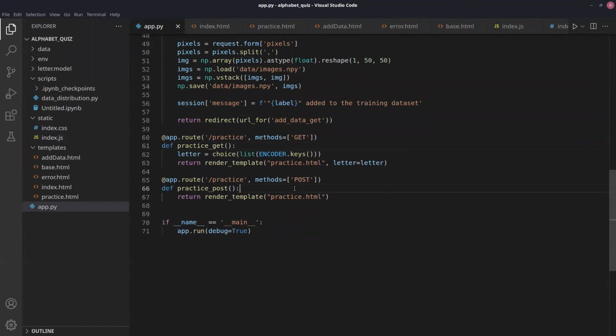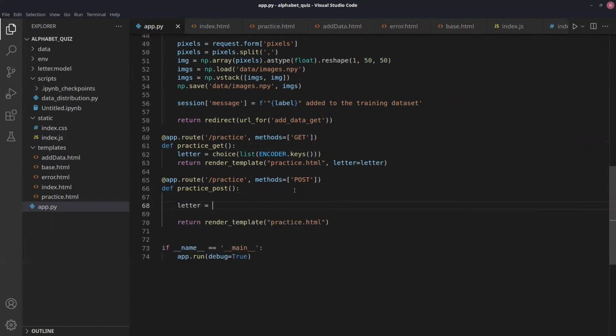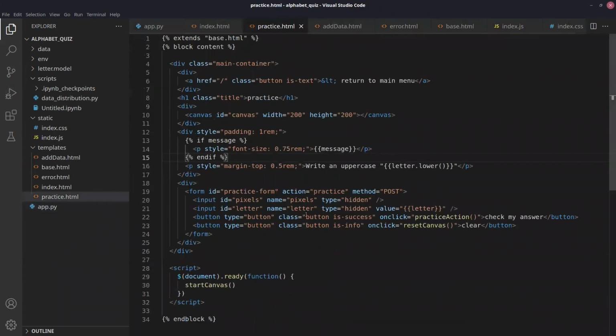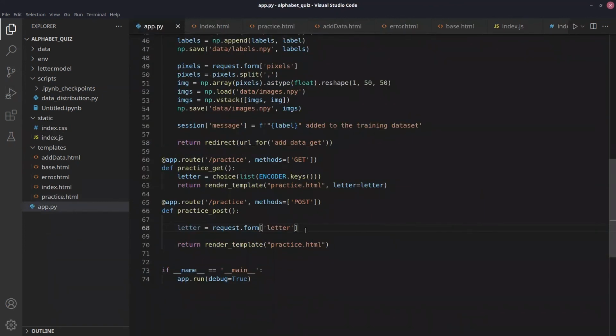So now we're here. And so what we need to do is get the letter from the form. And yeah, we called it a letter. I think we did the same. Let's just double check that actually. Yeah, so we called it a letter. So that's going to come through the form. This is the letter that we told them to write. So this is like the actual one. And then